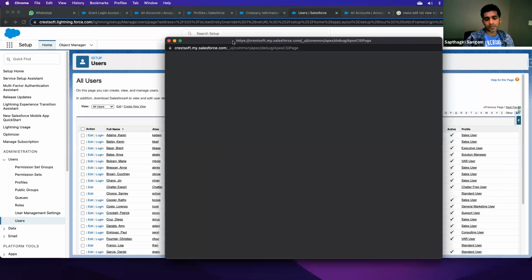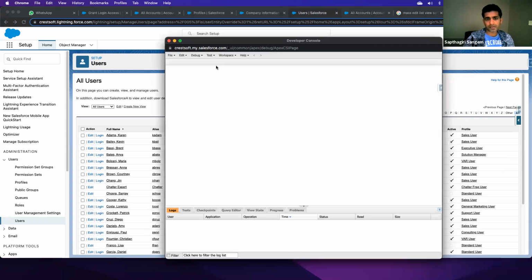And you execute them, or you can even create some classes and specify the criteria. So let's say you want to move all the sales reps to some company, say a Crestsoft sales rep profile. If you create that, first you retrieve all the sales rep users and then you change the profile, and that's how you would do it. Typically you write some programming for that, or you can extract the data,